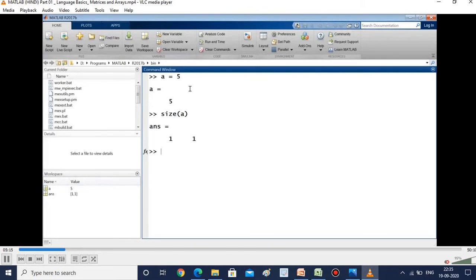If you have the command window, along with me, you can check the various commands. If I want to show it as an array, 1, 2, 3, 4, 5, all separated by space, it will appear. And then size of a is 1 by 5. So it will show 1 and 5, the number of rows and the number of columns.